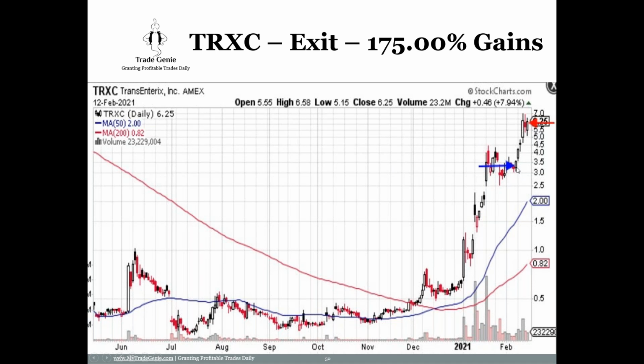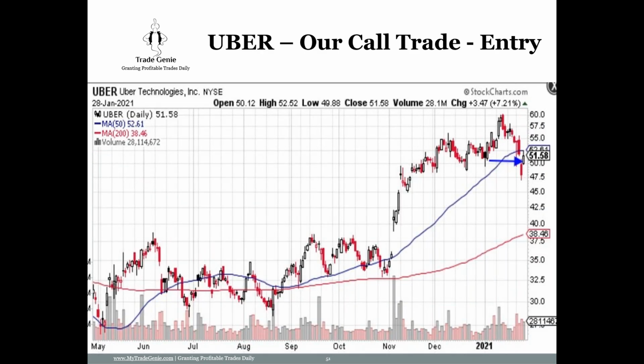So TRXE here at $3. So I bought the shares. It's called tiny shares. So I bought some shares and went long on options and it moved 4 or 5 days of up move and then one pulled back. And the next day we just exited at 175% gain. So 175% gain in option, but 100% gain in stock. You see from $3.50 to almost $7 right here. So 100% gain. Maybe close the option position and hold the shares. So it depends.